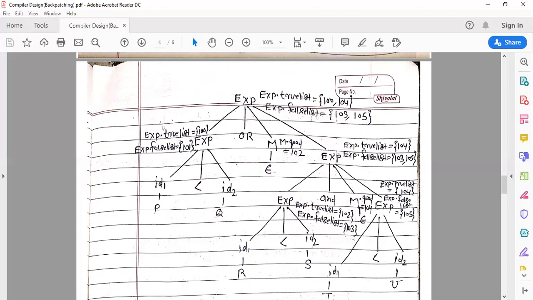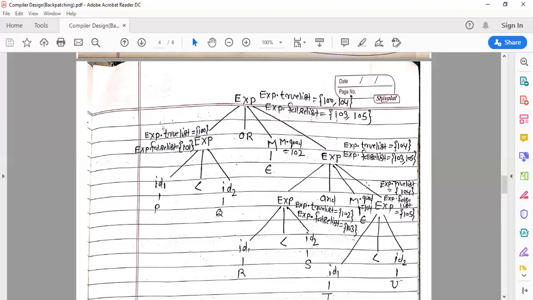You know that when an operator has a lower level, its priority is higher than the upper level. So this AND has the lower level, so this AND has higher priority than OR, because a lower level operator has higher priority than an upper level.